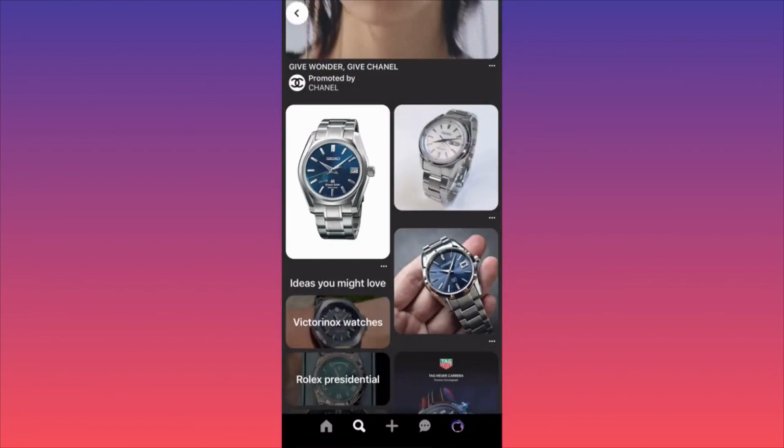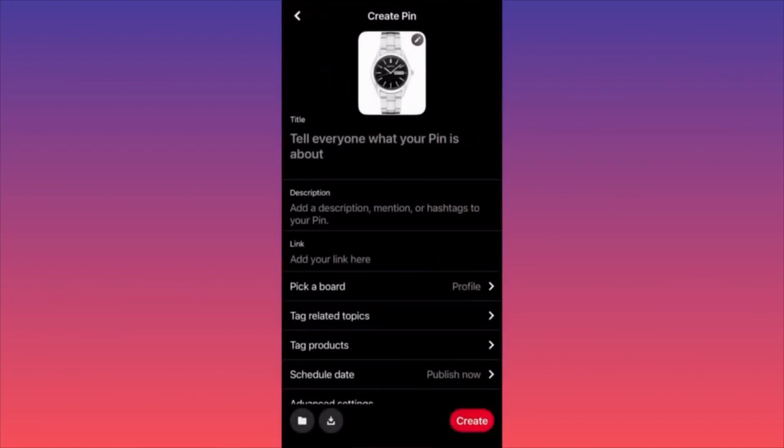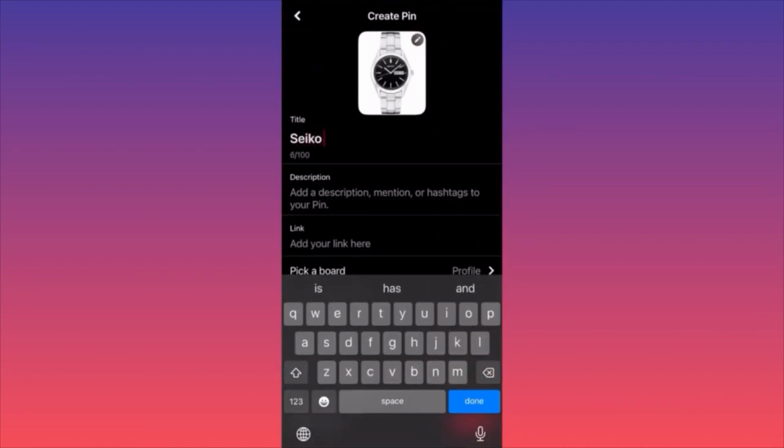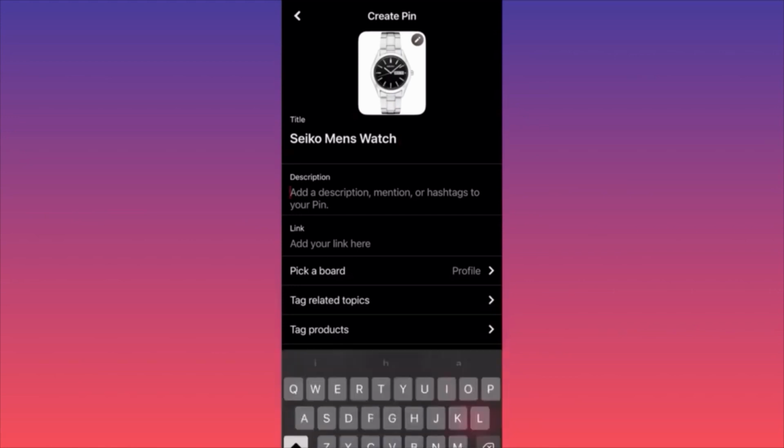Let's create our own listing. For this example, I already downloaded an image from Google of a Seiko watch, right? And as we saw, we can include the model. We can say that this is a Seiko men's watch. This is a general description. Then we can go down and simply include the actual sizing, right?